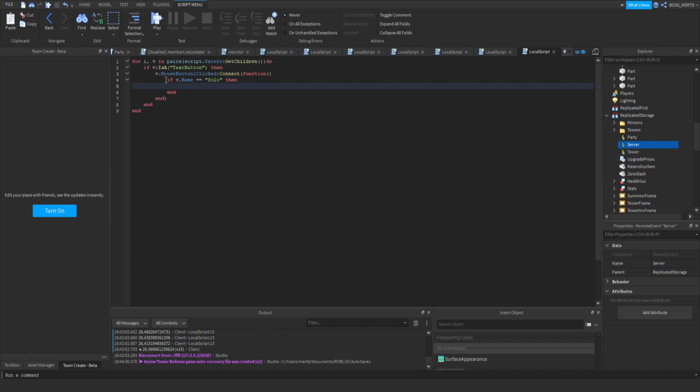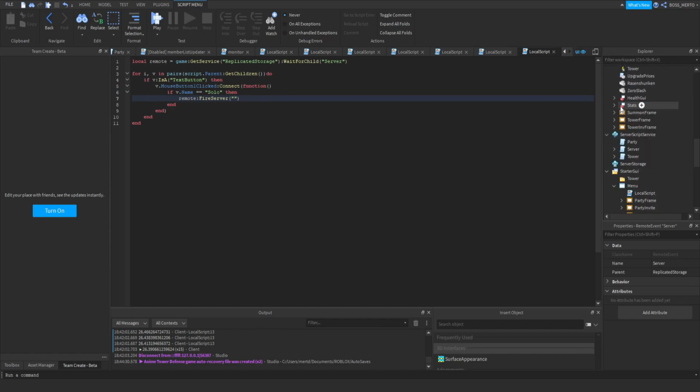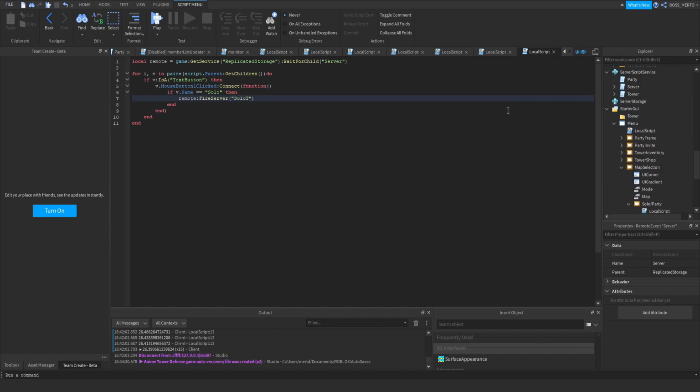Okay, let's work with this server remote event. So local remote, game:GetService ReplicatedStorage. So we are referring to ReplicatedStorage, and then to the server. And if the button which has been clicked is a solo button, then we want to remote event FireServer, telling the server script to teleport the player to the map. So solo TP,